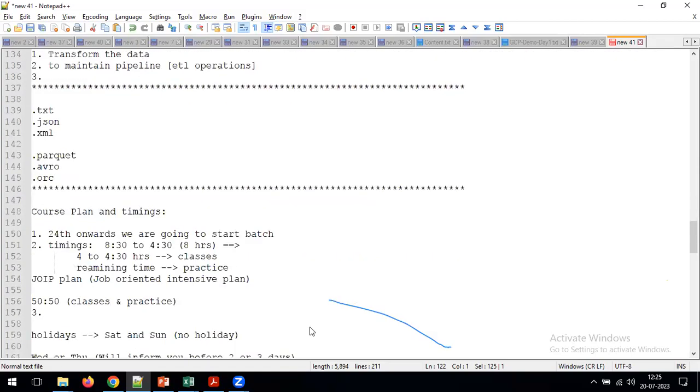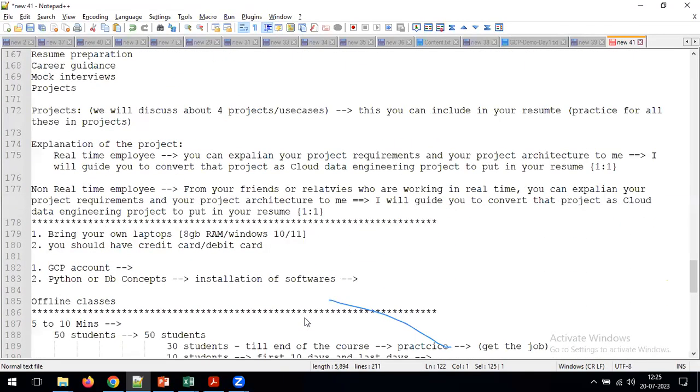Okay, any other questions? I hope indirectly I covered most of the questions. Still, if you have any other questions, please come and meet me personally. I will try to explain. Actually, on Monday, I will be available in the office. And from Monday onwards, we are going to start the regular batch. The class timings are from 8:30, so please plan accordingly. Please come and meet me personally. If you have any personal questions or anything else, I will try to guide you.